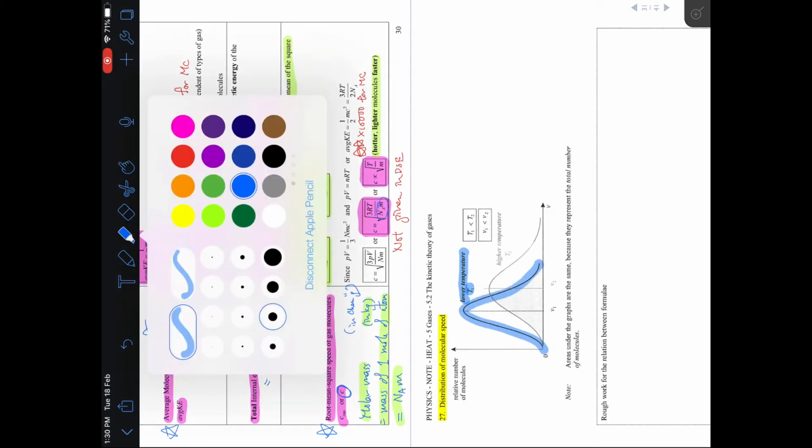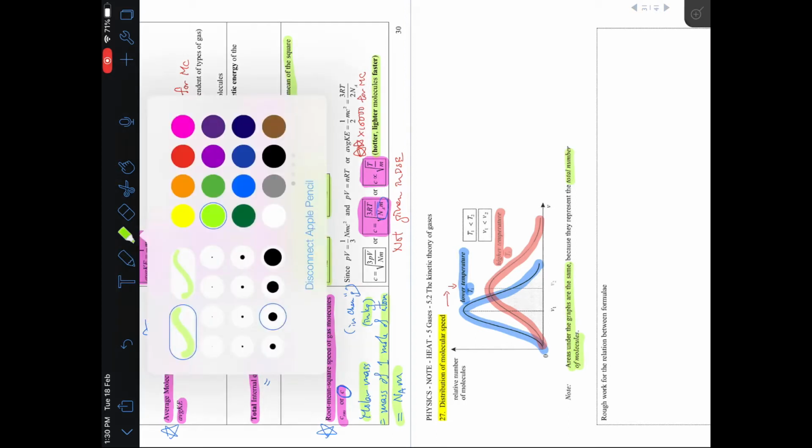Okay, and then we are talking about the distribution. In fact, you know it already. Just to tell you that now we know when temperature increases, the average KE increases, right? Then this graph can show you the distribution. When this is at low temperature T1, then you have this graph. And now when you heat up the gas, to high temperature, then you will see a shift of the graph. You can see that they shift